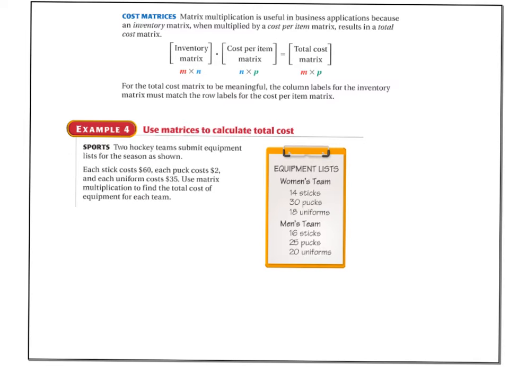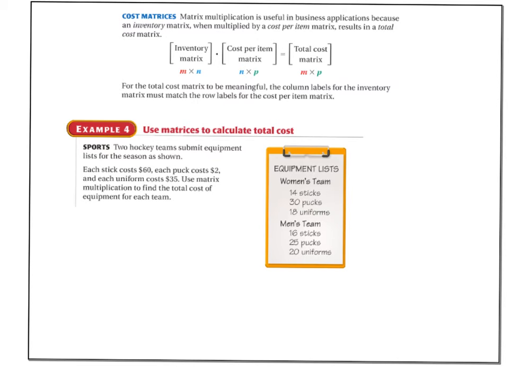You can use them, like we said, for any large values of numbers, but this is a business application for matrices, and it's called a cost matrix, and we'll do these eventually as time goes on too, later down in the chapter. But it says matrix multiplication is useful in business applications because an inventory matrix, when multiplied by a cost matrix, results in a total cost matrix. So it tells businesses how much product they have on hand, money-wise, and how much it's costing them to store